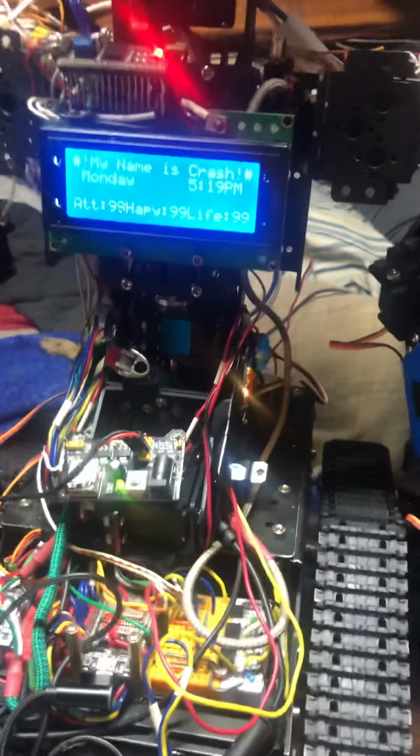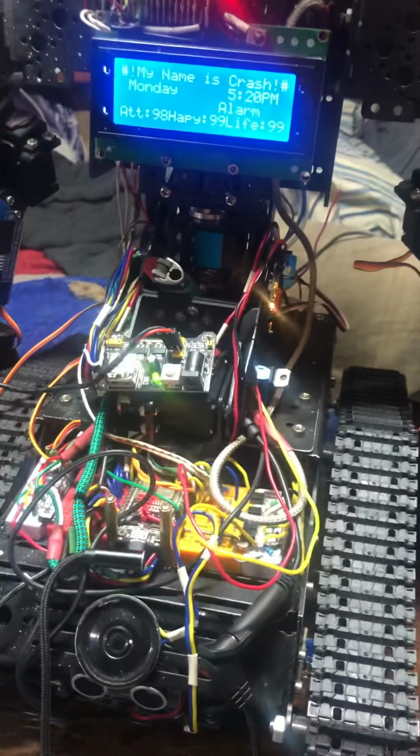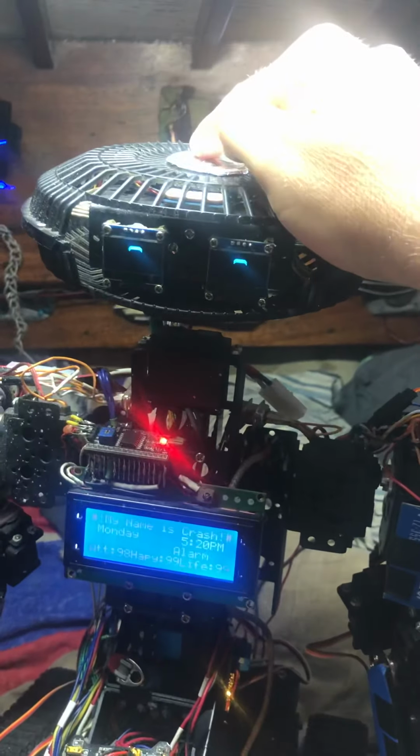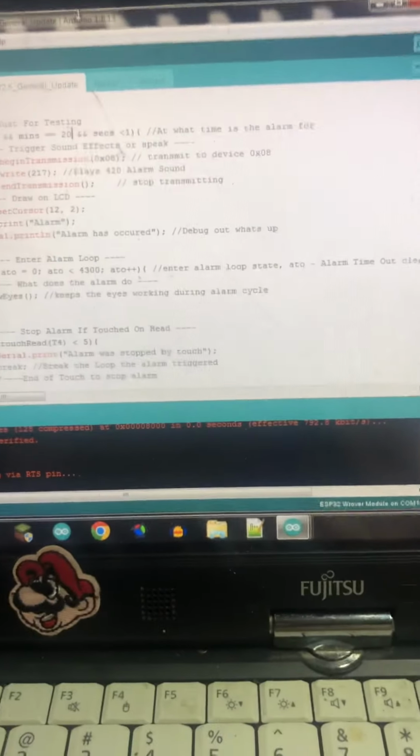Crash does alarm clock functions, and we're going to see right here in a minute at 5:20 when it goes off how that works out. The alarm plays. The music will time out on its own, but I can also shut it off by touching his head. And that's all handled simply with,